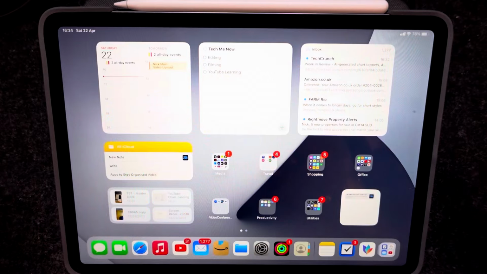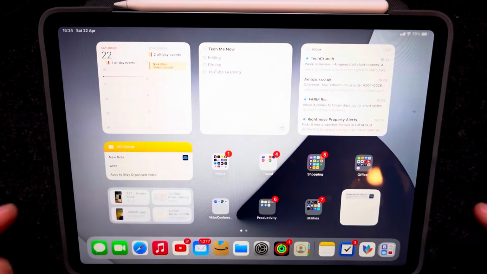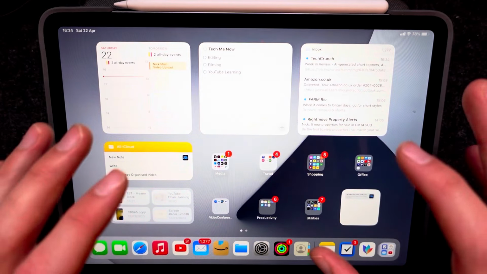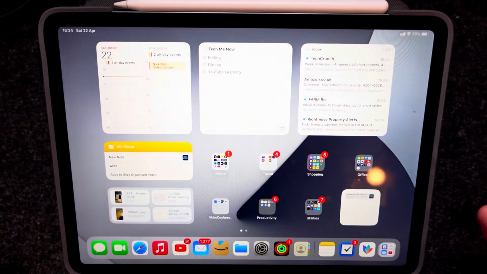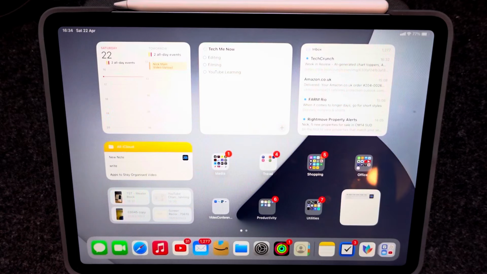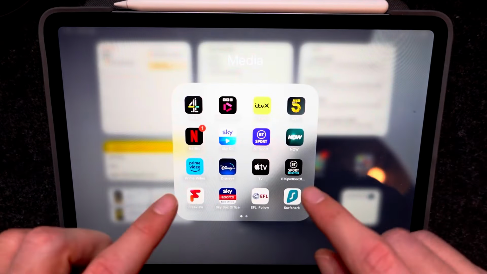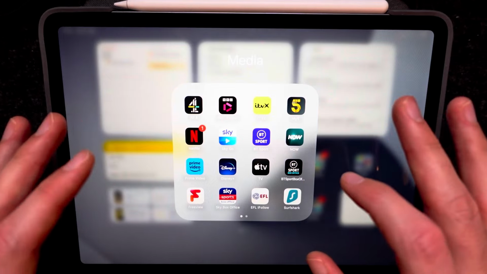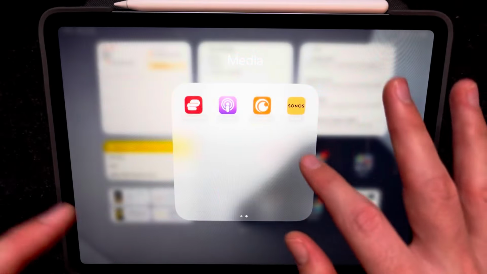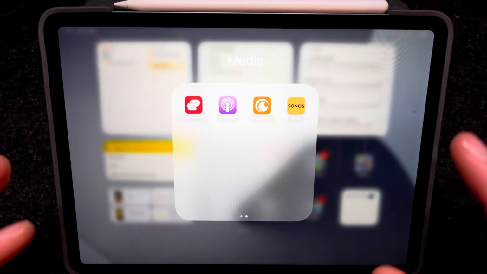down. We've covered all the widgets, and now we're going to come to the individual app folders here and talk through some of the apps that I like to have access to quickly on my home screen. I am guilty of watching a lot of TV and films, so the first folder we've got here is the media folder. This folder contains pretty much every streaming app known to man, as well as my VPNs, so I can watch those streaming apps when I'm abroad, and also the Sonos app, which lets me control my multi-room audio